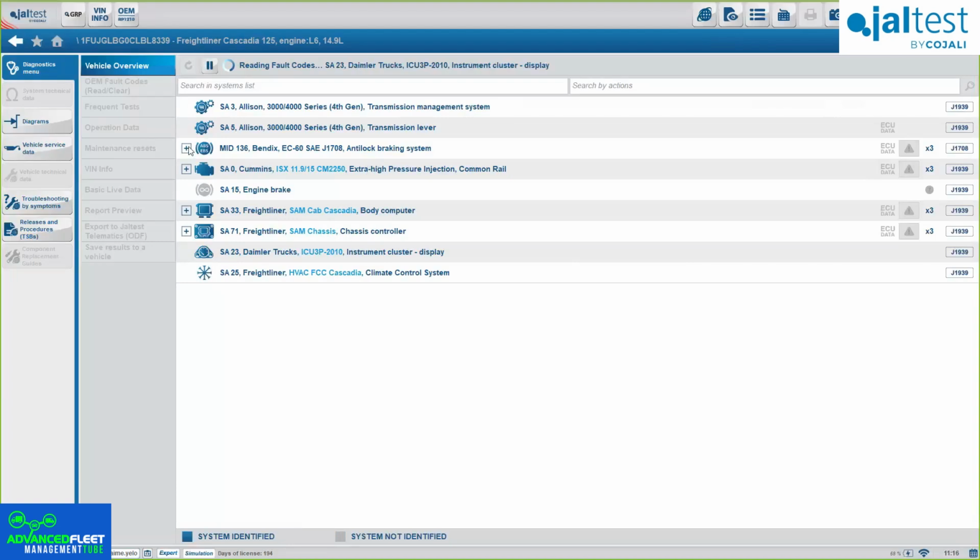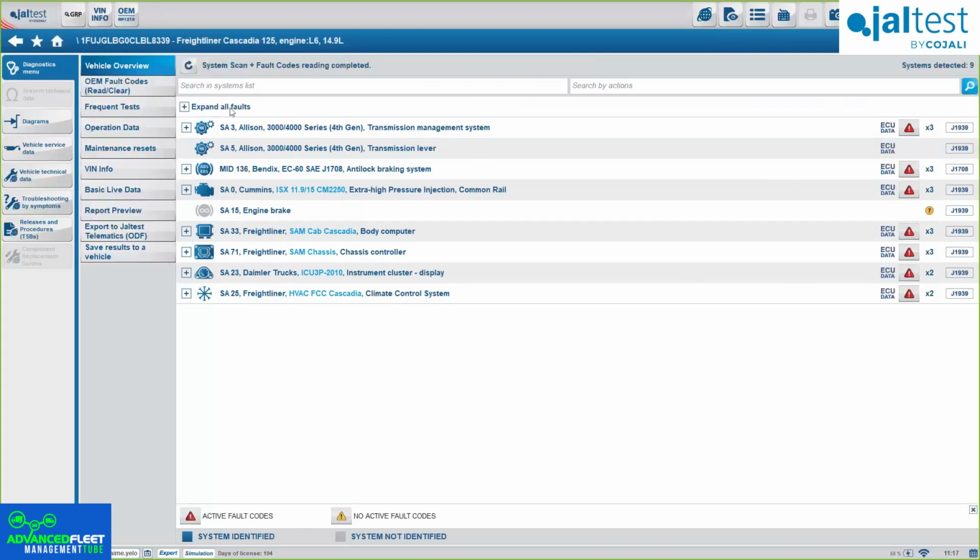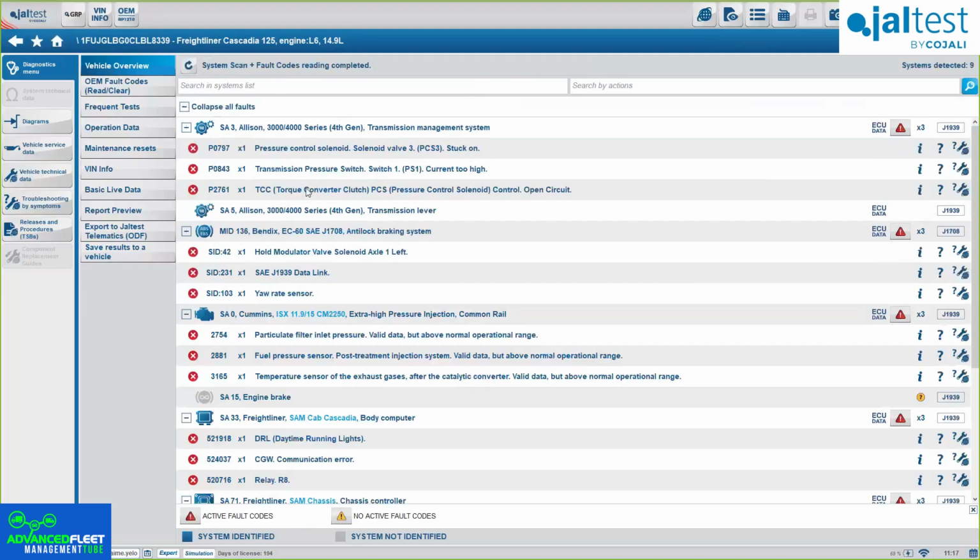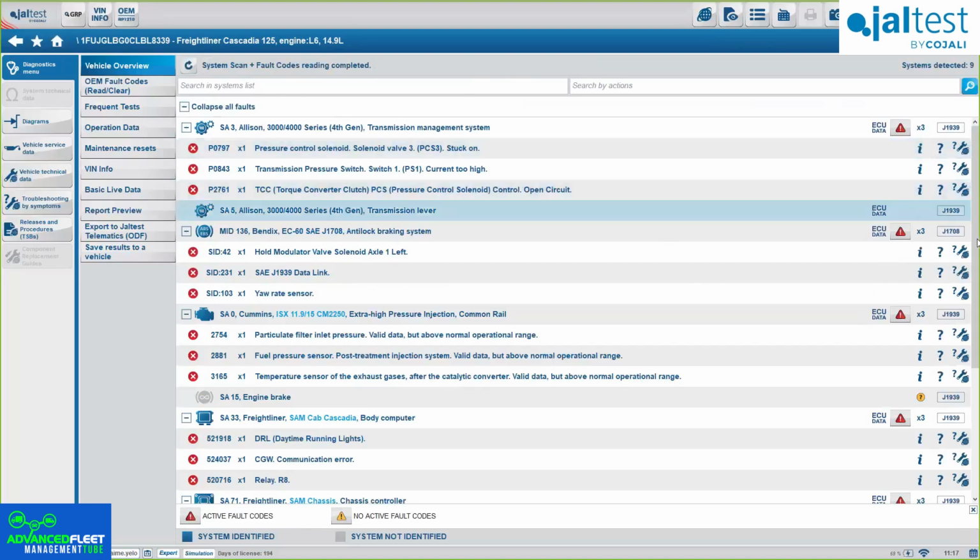The options you see here on the left, the plus signs, are basically so we can provide a better picture of exactly what's wrong. So not only do we know how many fault codes are active on any given system, but we can tell you on this page exactly which error codes there are, okay? We can just expand all faults, and you will see all the errors or faults active on that truck, or we can just collapse them.